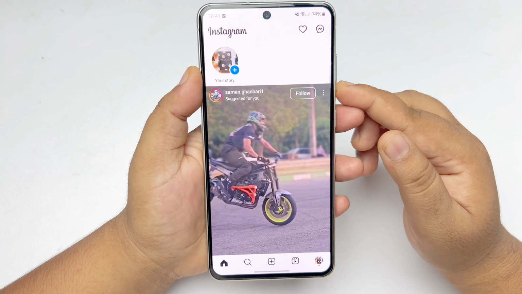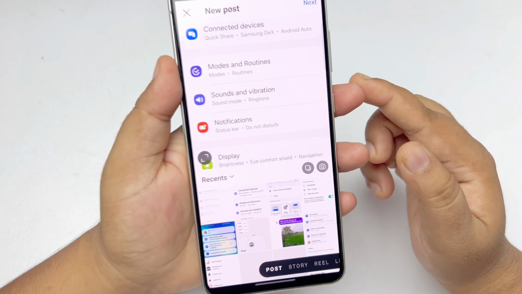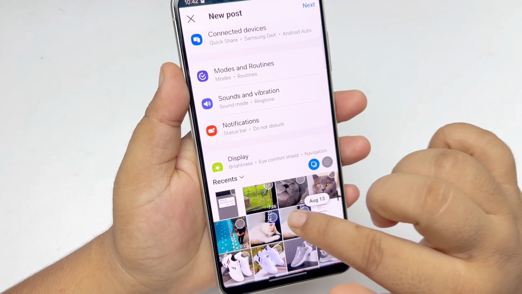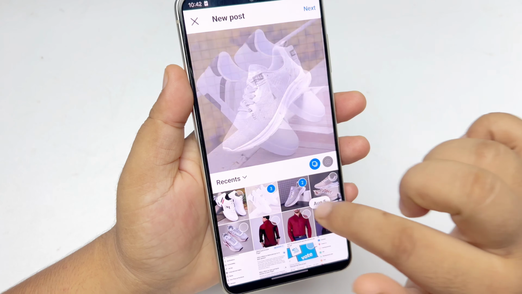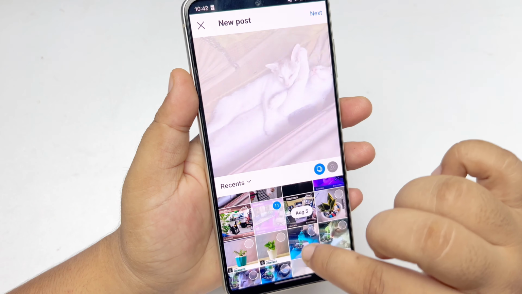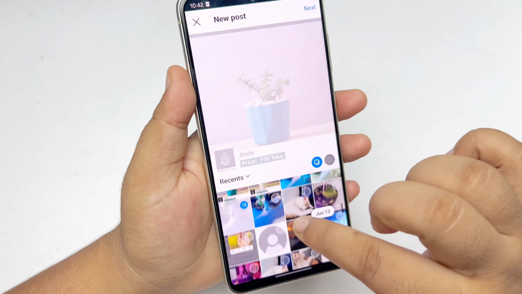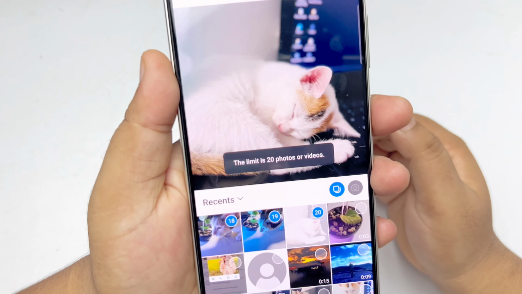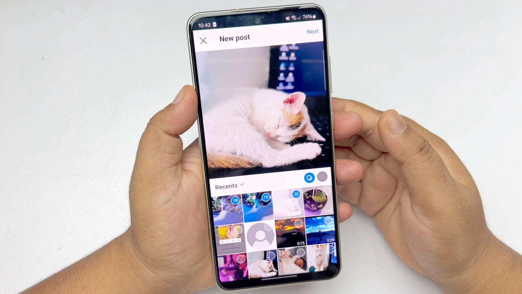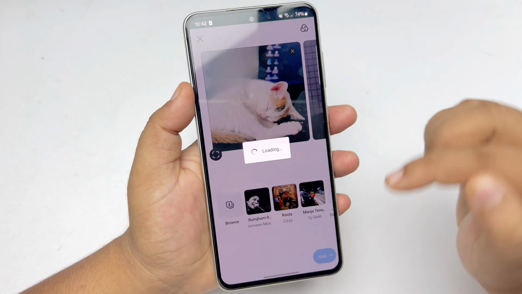And now just tap on this plus icon to create a new post. And select multiple options, and now go ahead and select multiple images from your gallery. So as you can see, I'm selecting 14, 15, 16, 17, 18, 19, 20, and here we can see I can upload up to 20 photos at the same time. Now just tapping on next and tapping on next,